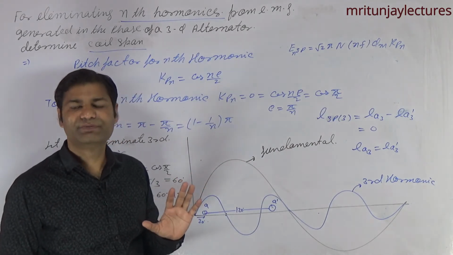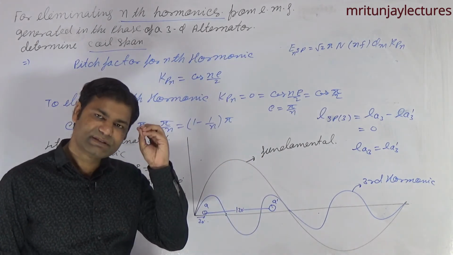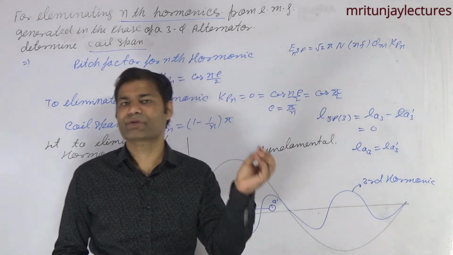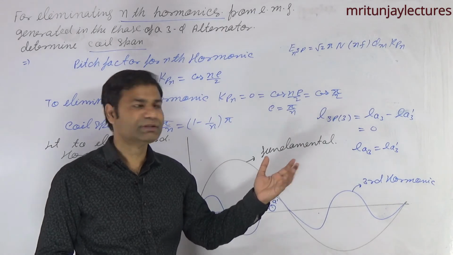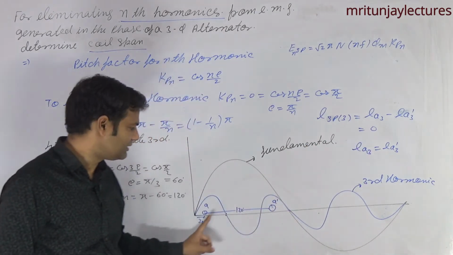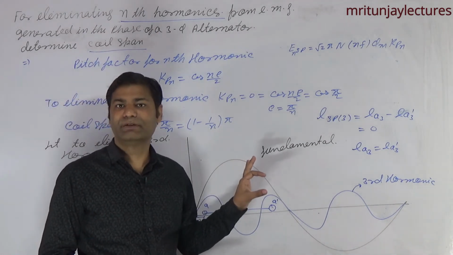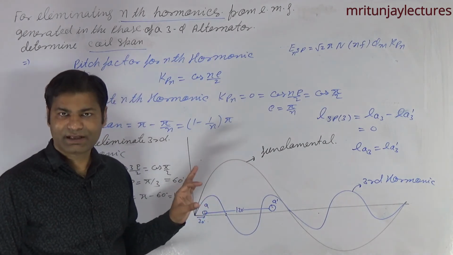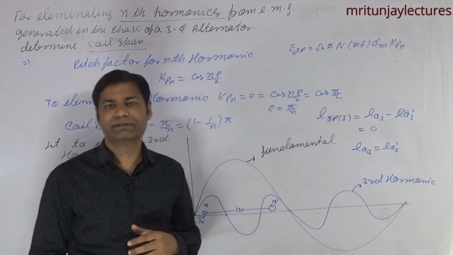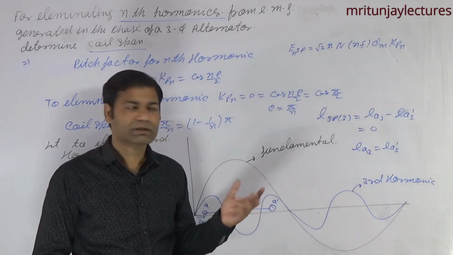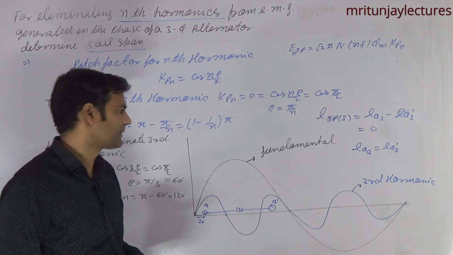It is clear what the physical significance of the nth harmonic being eliminated is. If you consider the third harmonic, the fifth harmonic, the seventh harmonic, the induced EMF for all these harmonics is 0. Why is it 0? Because the magnitude and direction of the induced EMF in the coil sides are the same, that's why the voltage difference between both conductors is 0. Okay, now make it.